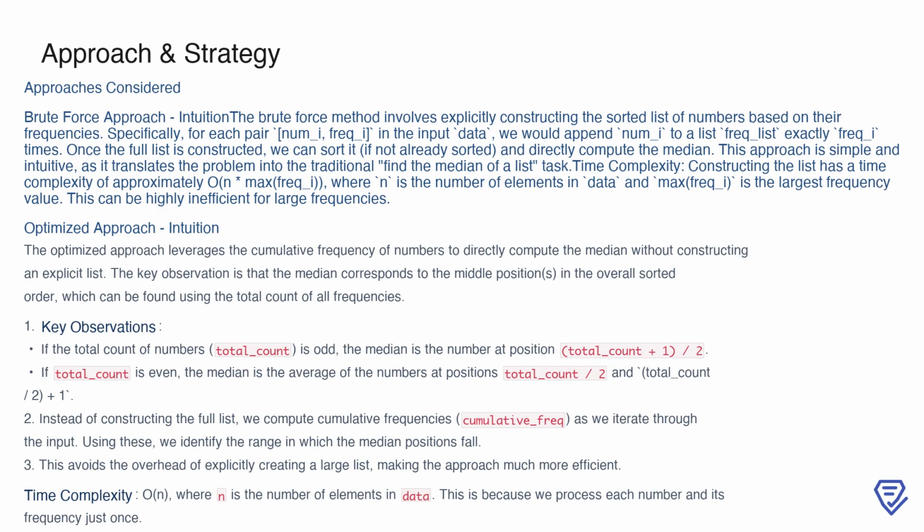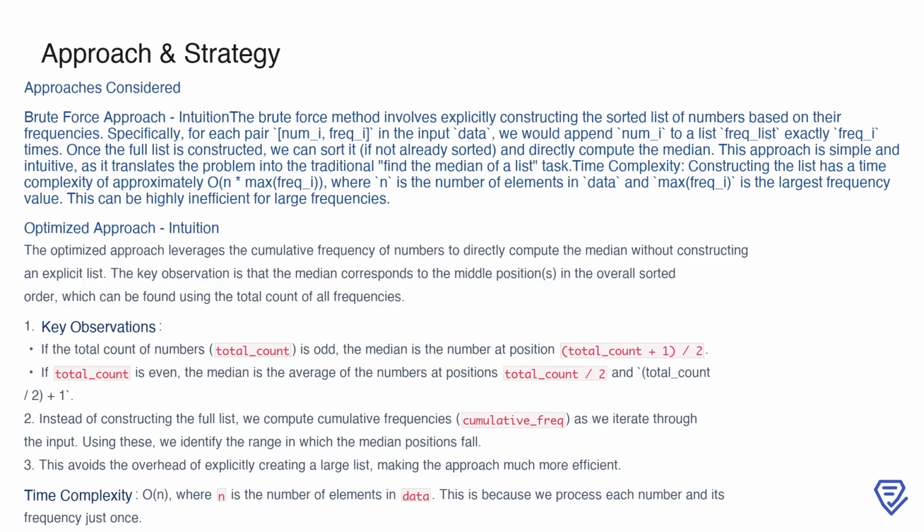To tackle this problem, we considered two main approaches. The first is the brute force method, which is quite straightforward. Here, we explicitly construct a sorted list of numbers based on their frequencies. For each pair of values in the input data, we append the number to a list multiple times according to its frequency. Once the list is fully constructed, we can sort it, if necessary, and then calculate the median using